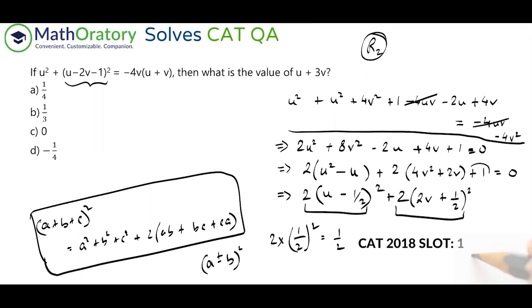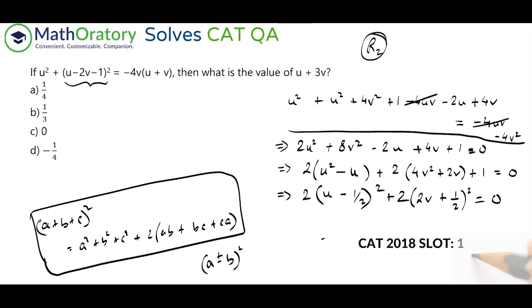So that consumes this one, right? This half plus half is actually 1. So that is consuming this one. So now I hope you understand the initial thing that I was talking about. This entire thing, because the constant bit is consumed, so this is equal to 0, right? And in these kind of questions, obviously u and v are real numbers. So considering that they are real numbers, each of the squares adding up to 0 implies that each of the squares individually should be 0, right?